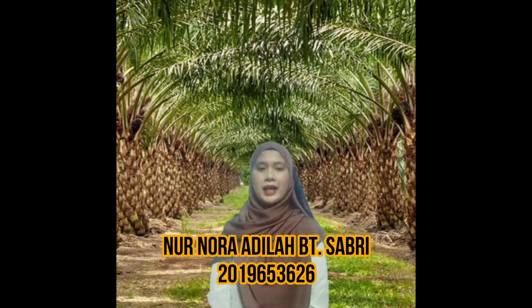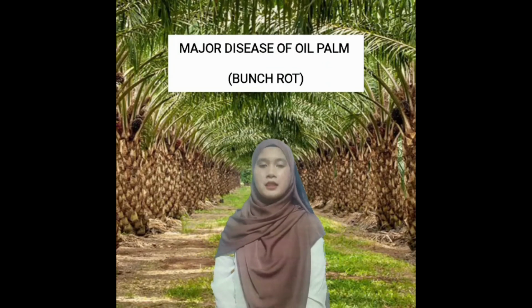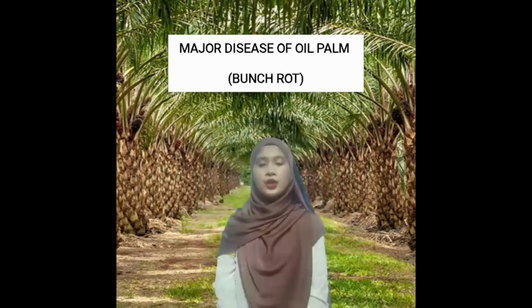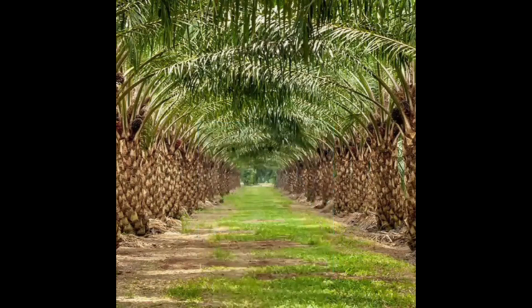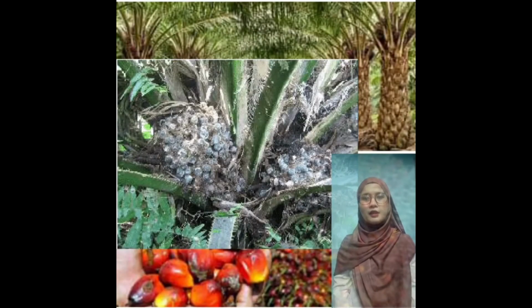I would like to explain about the major disease of the oil palm, which is bunch rot, and its damage symptoms and the control measures to be followed. So generally, bunch rot, or Marasmius bunch rot, is the most serious disease of the oil palm fruit. The Marasmius palmivorus